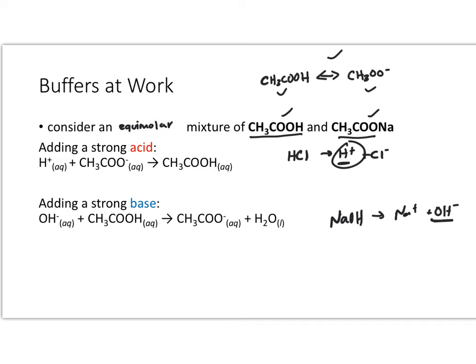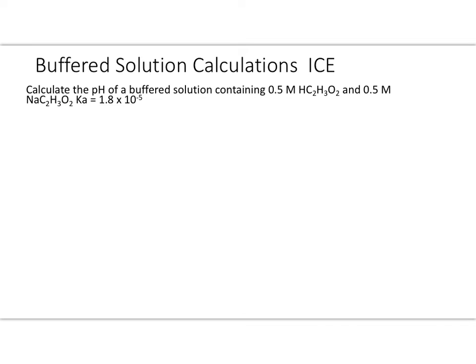Okay, and again, that increase in pH is going to be less drastic than if I just added hydroxide to a non-buffered situation. So now that we kind of understand how the buffering process works, let's go ahead and look at some math. So we have a buffered solution that has acetic acid and sodium acetate, and it's an equimolar mixture,